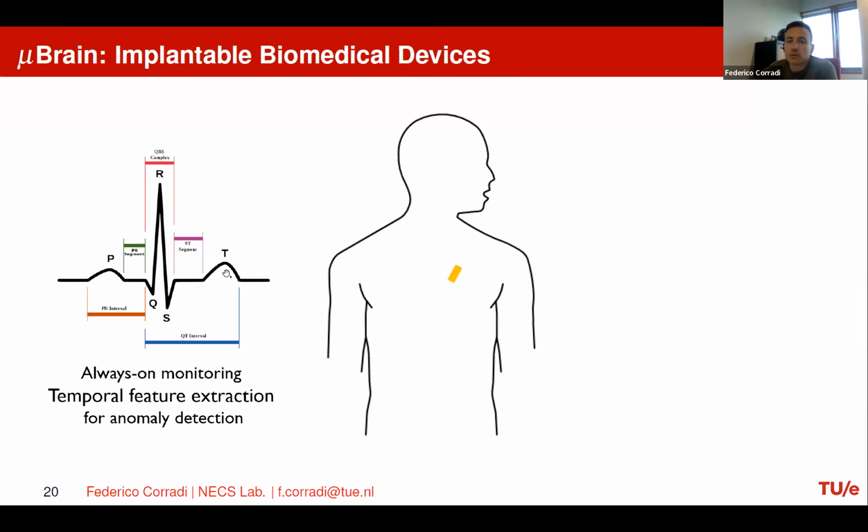So it is important for us to monitor, and especially for biomedical cases, it could be that this is sporadic, especially at the beginning of the disease, right? So it is important to do always-on monitoring for a long period of time, because you want to be able to catch these